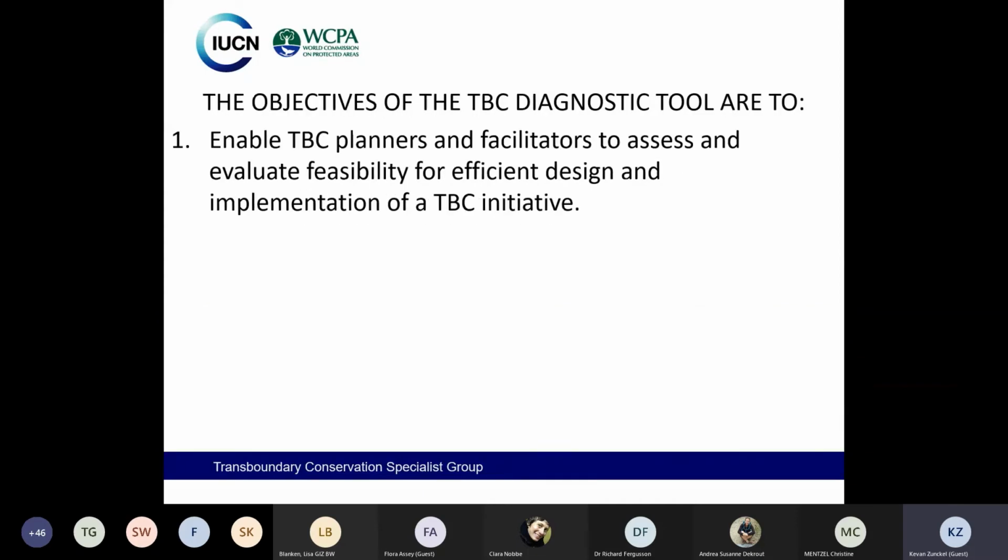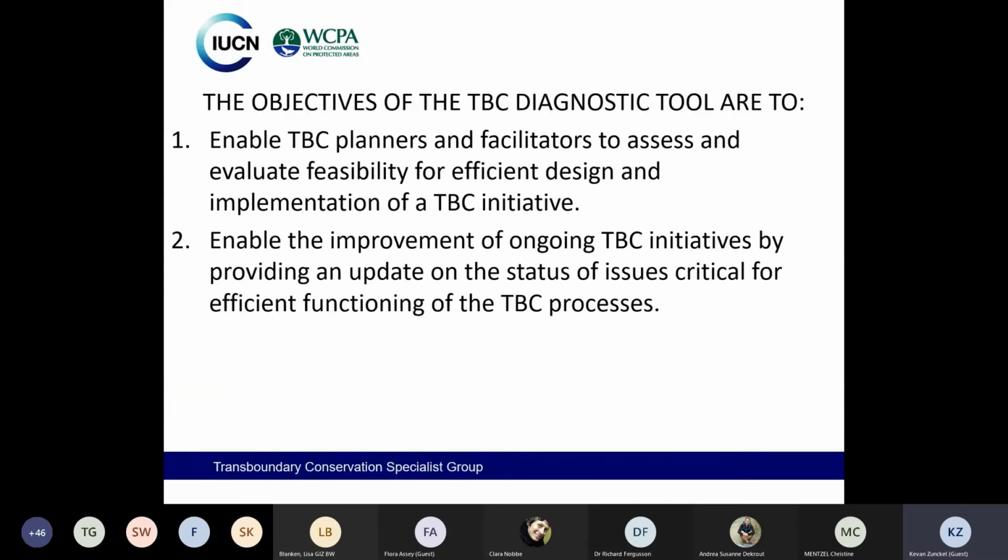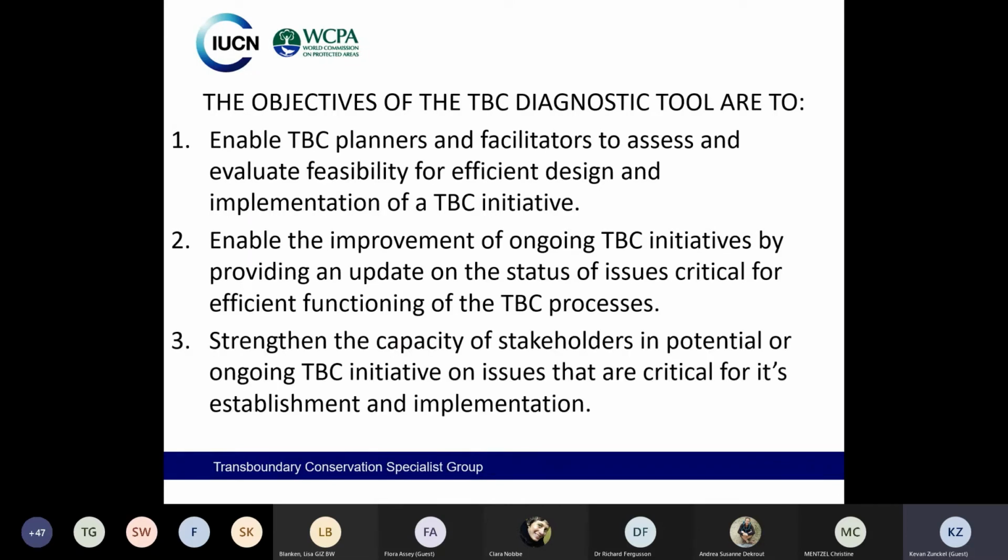Second point then, or the second objective, is to enable the improvement of ongoing transboundary conservation initiatives by providing an update on the status of issues critical for efficient functioning of the transboundary conservation processes. So this really is within the spirit of active adaptive management and the iterative approach that needs to be taken to any conservation initiative. Then the third objective is to strengthen the capacity of stakeholders in potential or ongoing transboundary conservation initiatives on issues that are critical for its establishment and implementation. So once again, and it'll be emphasized in the fourth objective, if you can go there, please, Andrea,